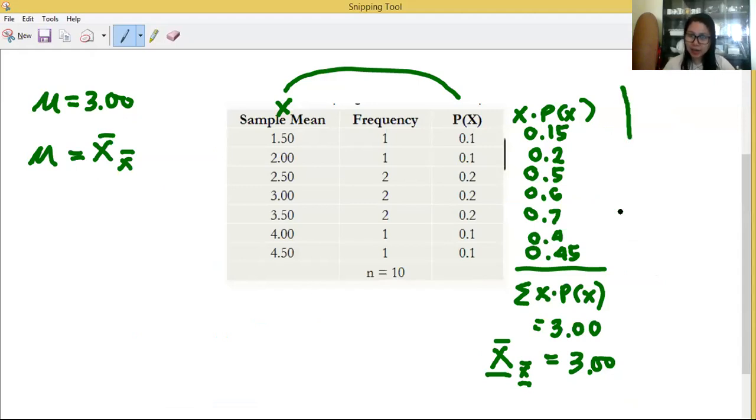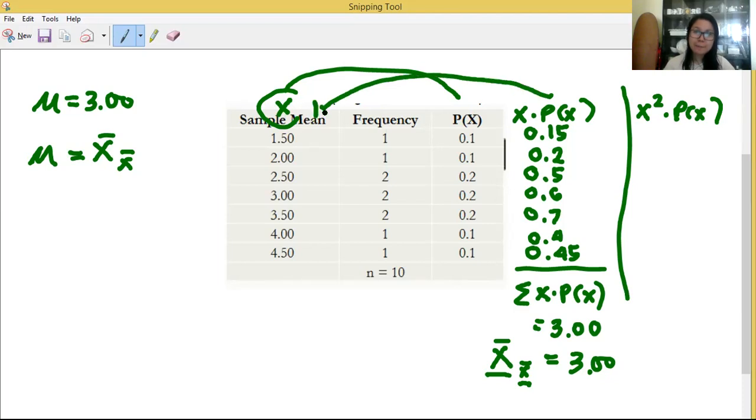Let's add another column, and let's name it x squared times p of x. So it means that you will square this one and multiply by p of x. Or another way is, you multiply the x of p of x column by the sample mean again. So we have 0.15, 1.5 times 0.15. The answer is